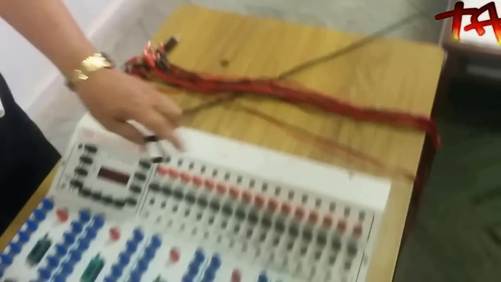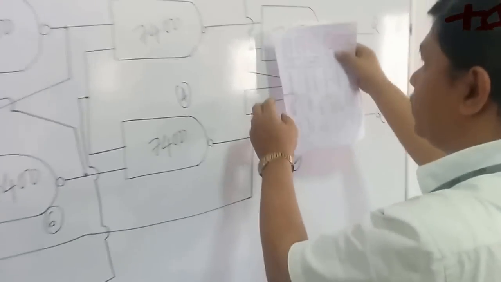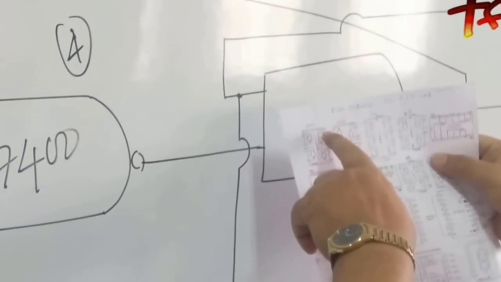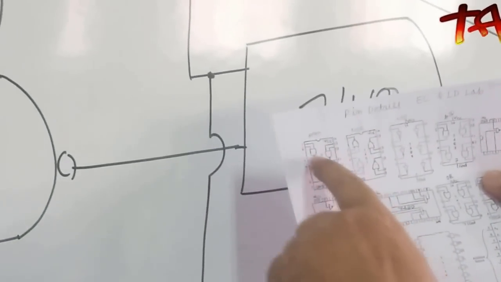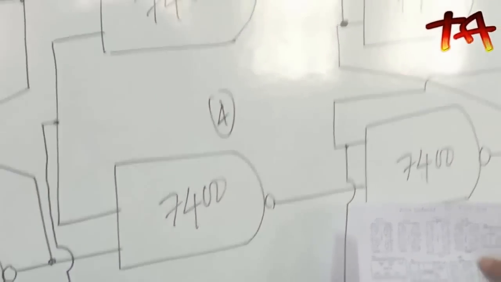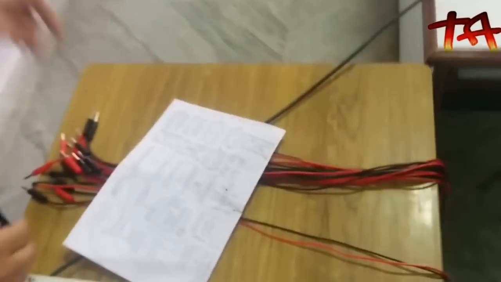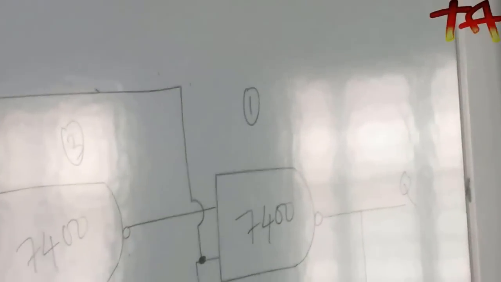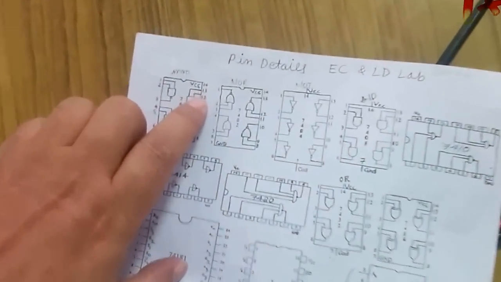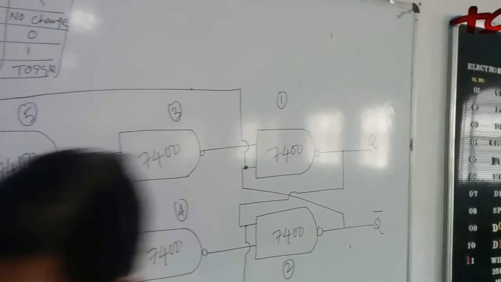Now you come to that. If you place it here, you can see these four gates. If you overlap, this will be taken as 1, this as 2, this as 3, this as 4, so as not to make any confusion. According to that, I just connect it here. You can see that for gate number 1, the pin number inputs are 12 and 13, output is 11. Therefore, the gate number 1 output is Q.